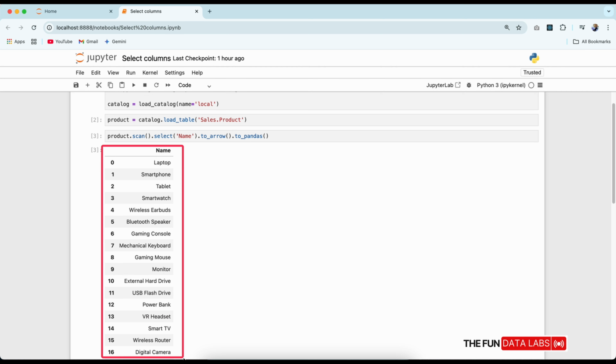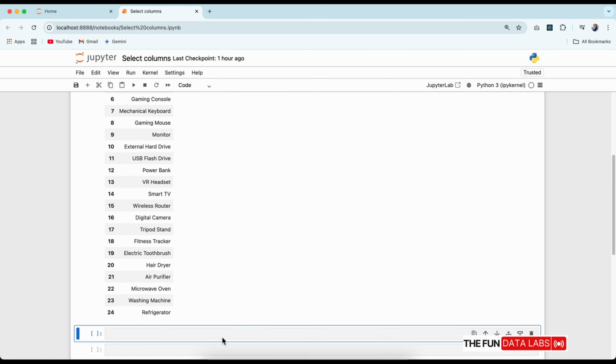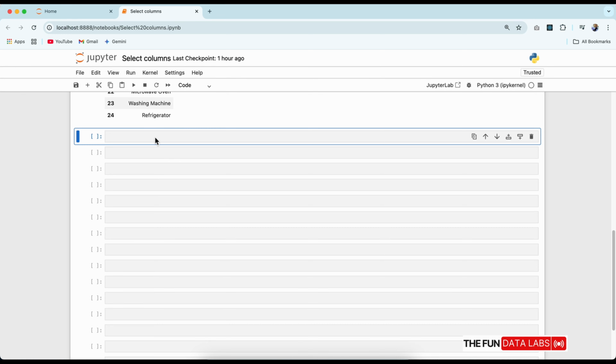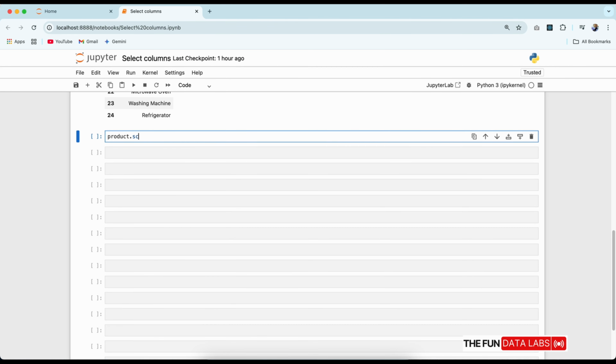This approach is very efficient because Iceberg will only read the data for the name column from disk, not all columns. Now, what if we want to select multiple columns? It's just as easy. We just provide multiple column names to the select method. Let's select the product ID, name, and stock columns.